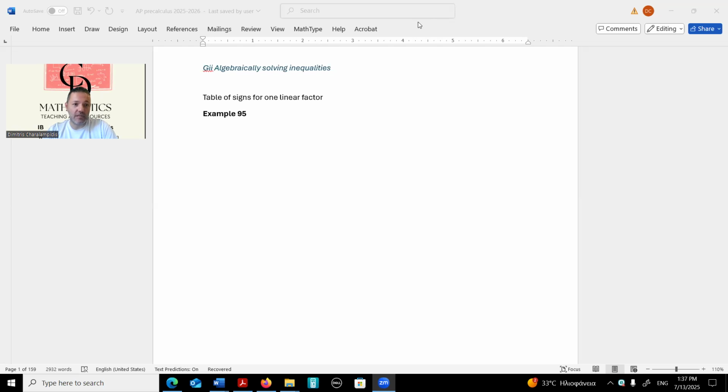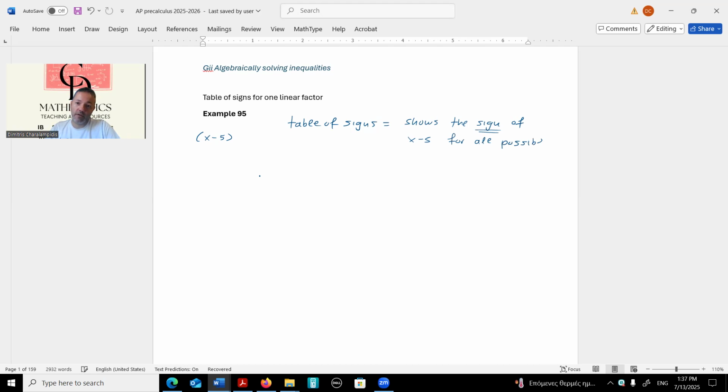We'll begin by understanding what the table of signs of one linear factor is, assuming that we have this linear factor x minus 5. Now, we need to find the table of signs. The table of signs is a table that shows the sign of x minus 5, not the value, the sign, whether it's positive or negative, for all possible values